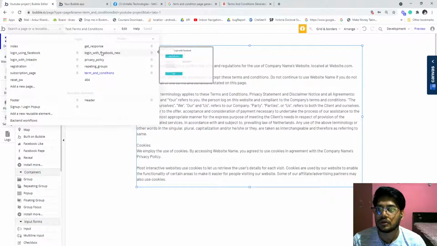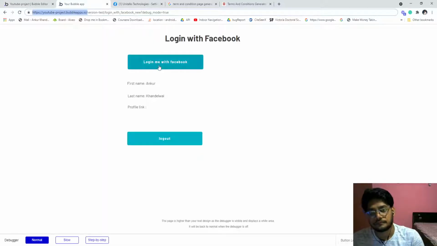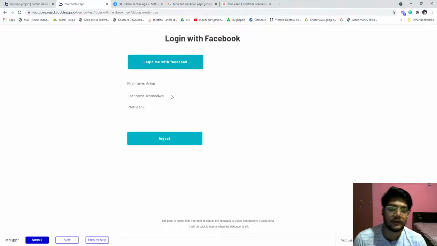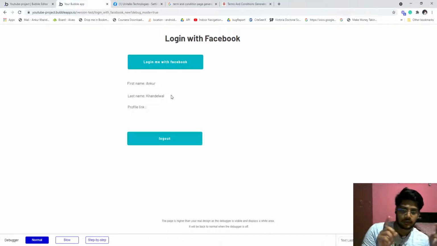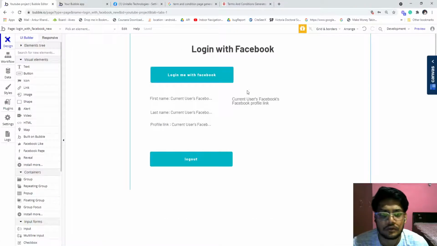We'll go to login with Facebook. Just wait. Now login with Facebook. I already did it, so it's not asking me that. Go to your dialog. Why is my picture not showing?